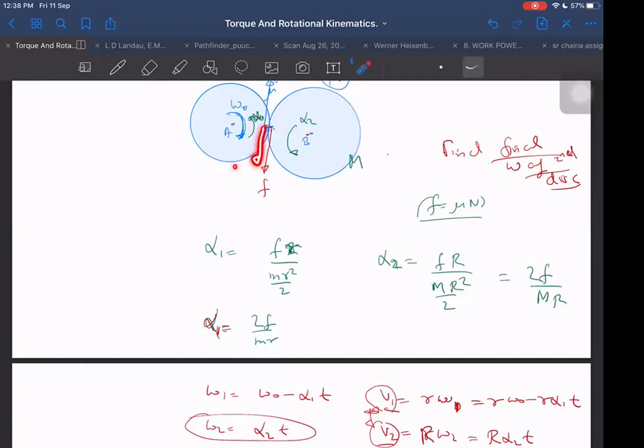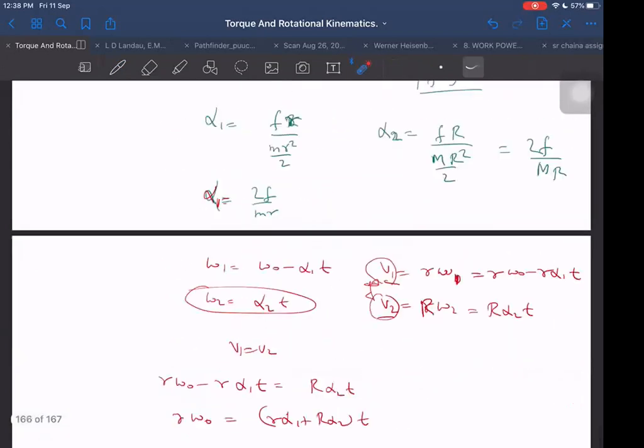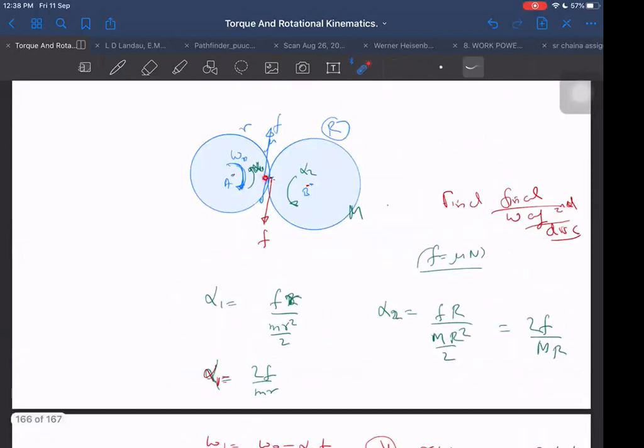Okay, sir. If its velocity is v1, v2 is also same as v1. V1 is equal to v2, that is the condition here. What new condition are you applying? Why should omega become equal? Their velocities here should become equal, where they are touching each other. Relative velocity should become 0. That is always the condition for pure rolling. That relative velocity should become 0. Don't make any other condition. Okay, sir. All right.